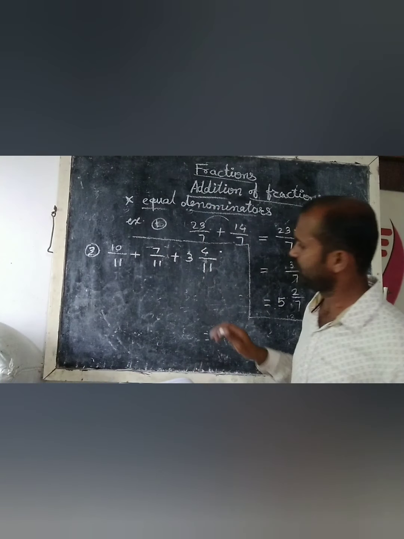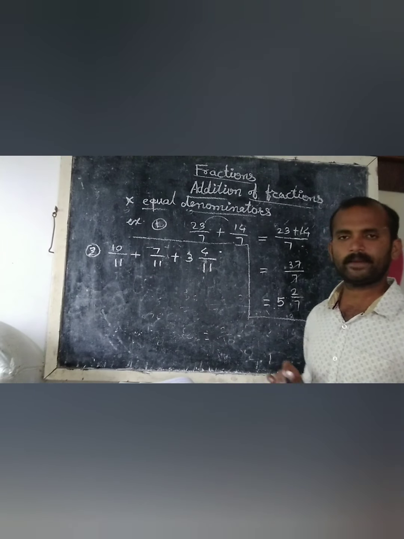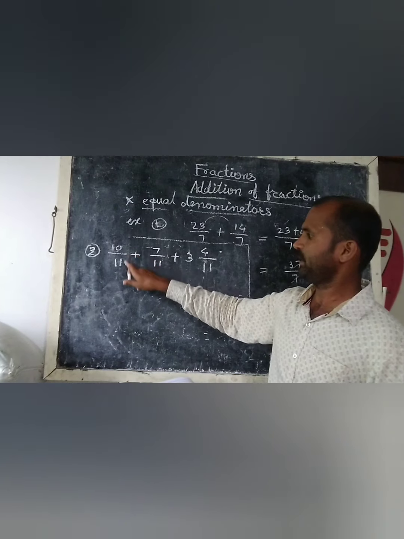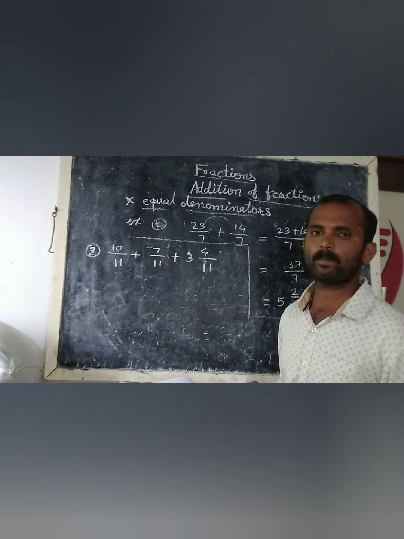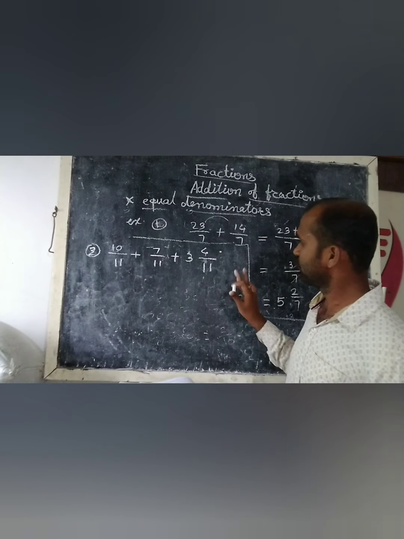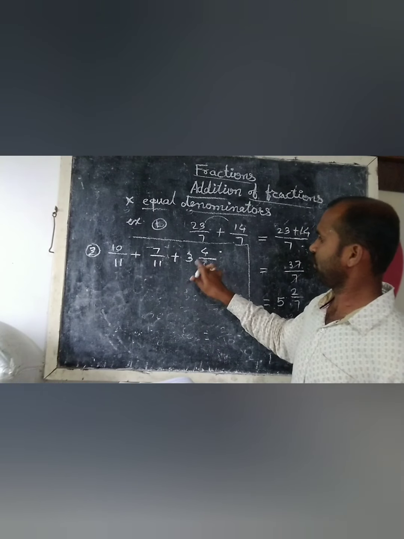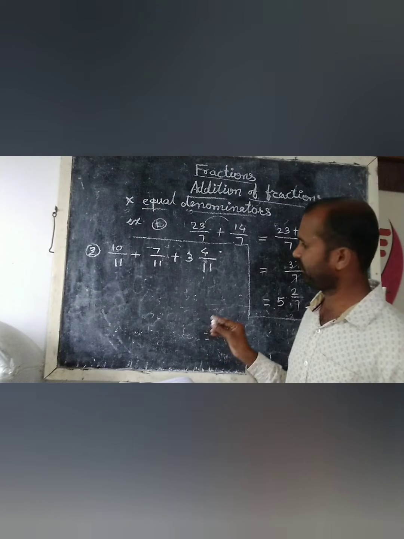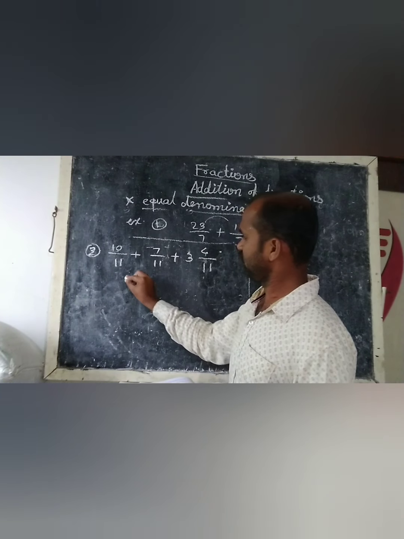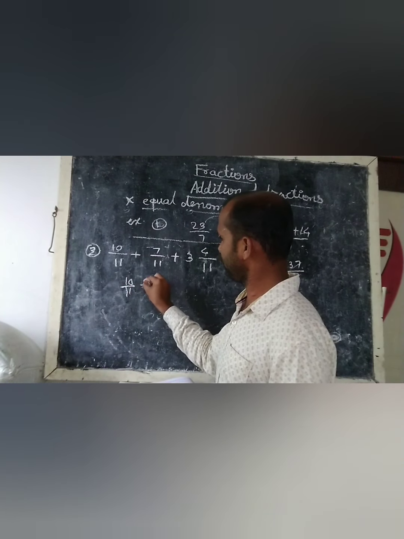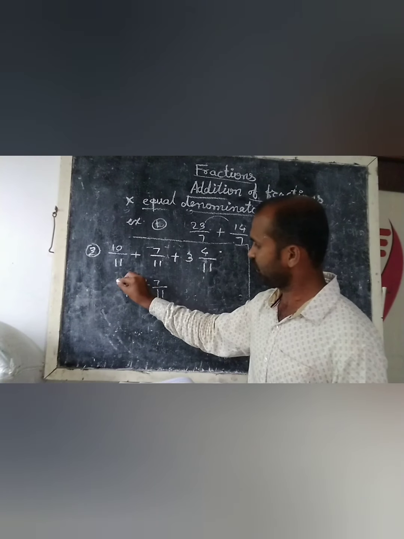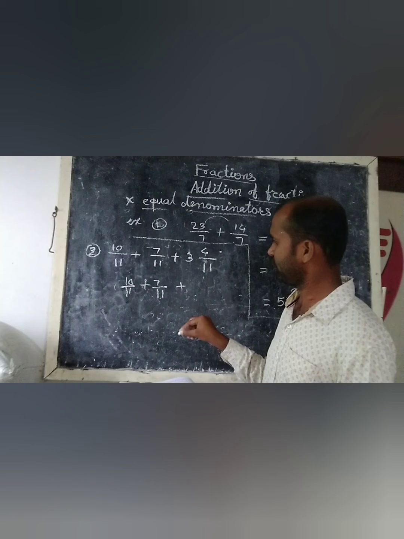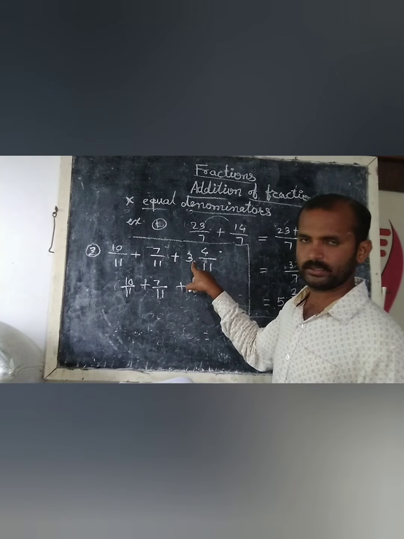Here we have three fractions, of which two are proper fractions and one is a mixed fraction. So we have to convert it into an improper fraction. 10 upon 11 plus 7 upon 11 we can write as it is, or even add them both. For the mixed fraction, 11 threes are 33 plus 4,